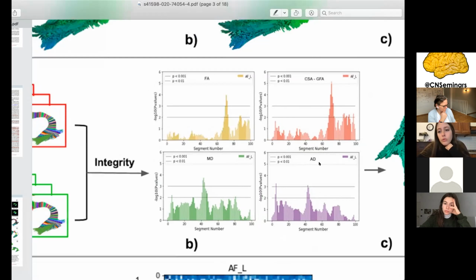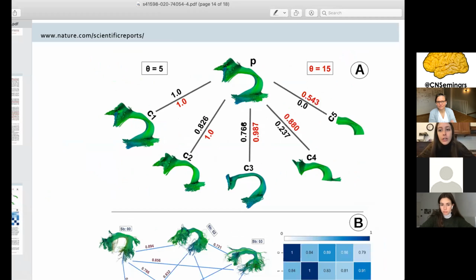And they use this measure, which they call bundle adjacency. I will try to explain this to you, but I'm not sure I will manage to. So let's see. We have an example here. Basically, what they do is compare two bundles. In this case, they consider this reconstruction of the arcuate fasciculus in the left hemisphere, and they try to test this bundle adjacency analysis